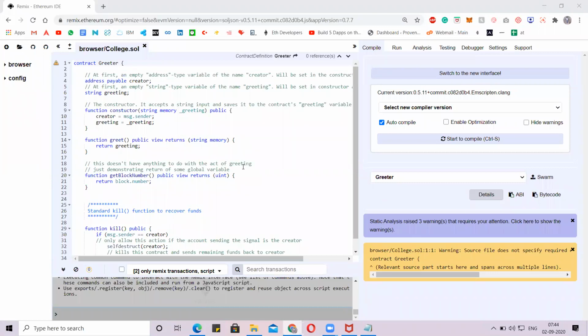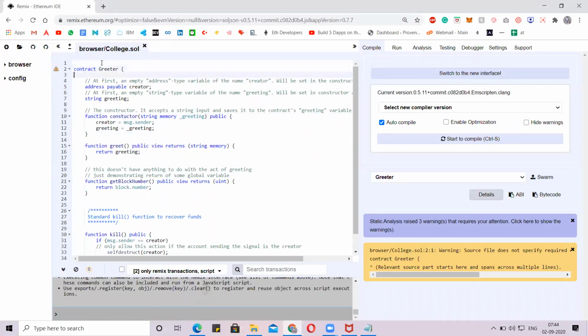I'll explain each and everything: how we make the contract communicate with the front end, or how the user can contribute some data, or communicate or pass the data to the smart contract. So first and foremost, we need to declare the structure. As I told you yesterday, we have a